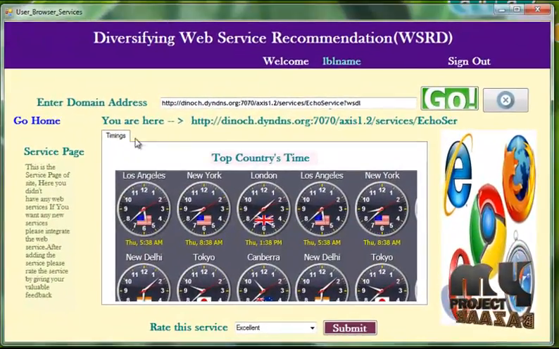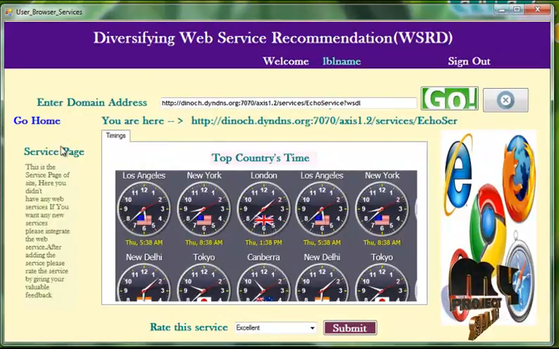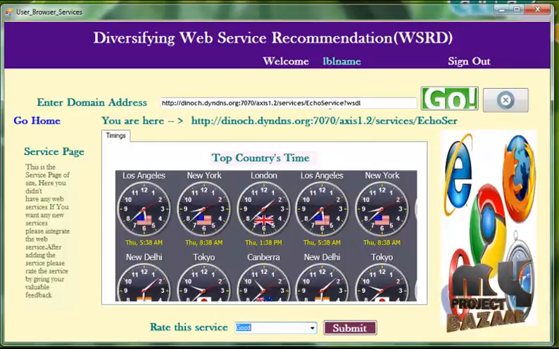So after using this service, the service has been integrated to the user's browser. So this is the service domain and is integrated to the browser. Now the user can rate this service by giving like this. So this is a good one and submit. So the ratings will be